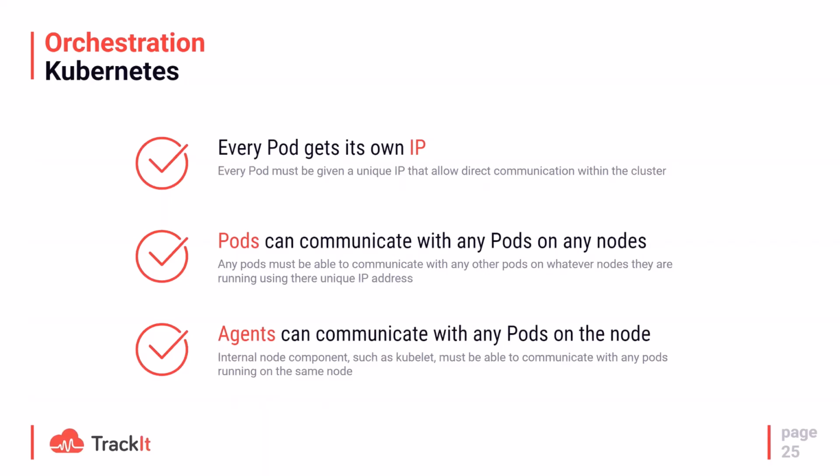The only thing I'm going to say about networking within Kubernetes is the 3 rules that are defined by the documentation. If you want to deploy or create your own container network service, you'll have to stick to the 3 rules. They are very simple. They state that every pod, so every container inside your cluster, must have its own IP. Any pod can communicate with any other pod on any other node, and any agents, so any internal components, can communicate with any pods on any node.